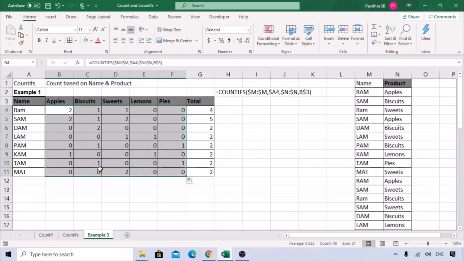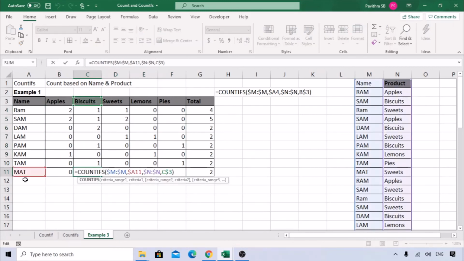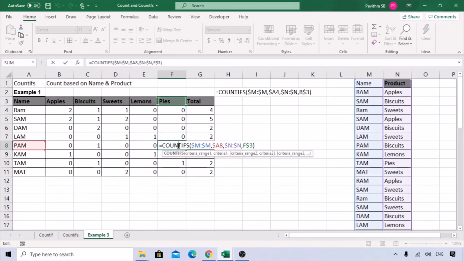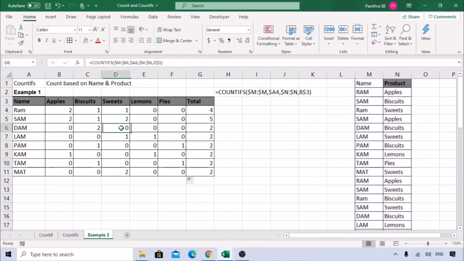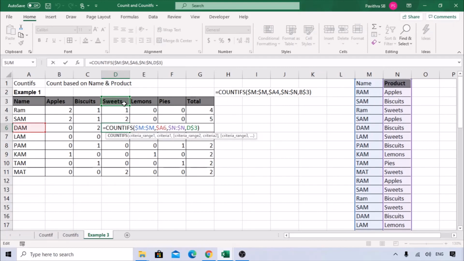Now you can see, if you click somewhere here, it is taking the exact particular salesperson and the product, it is not changing, and the range is also correct. If we go to the right, you can see it is taking pies and Pam, the salesperson. Anywhere you click, you can see this green color and the range is correct.